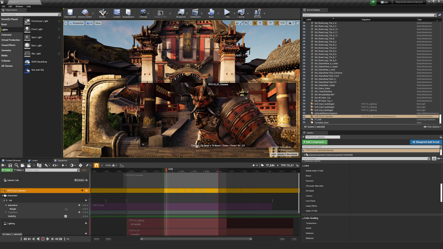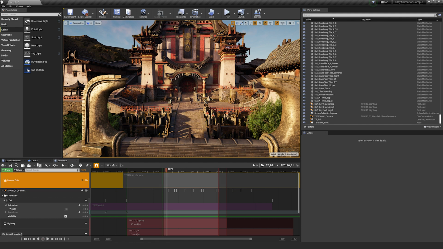And so oftentimes you can have more than one camera in one shot, but that is just up to you and your preference. Once you do have more than one camera in that shot, you just need to make sure that there is a camera cut here as well that you can then switch between. So you will effectively have two of these in here that you can then cut from one camera to the next. You're not overwriting the camera shot at a certain point, you're creating effectively a new one, as I wanted to show you.